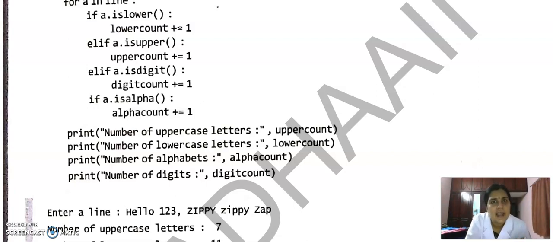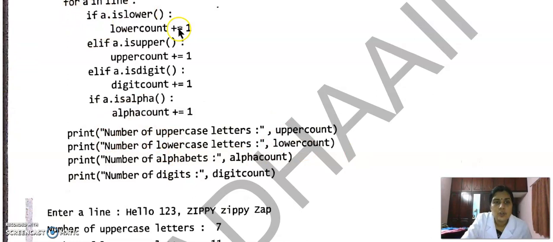If both conditions are false, we will check if it is a digit, either capital or small or digit. If it is a digit, we will increment the digit count. In all three cases, we have to check if it is alphanumeric or alphabet. That means if it is lower, we will increment the lower count, and we will also check if it is alpha, then the answer will be true.